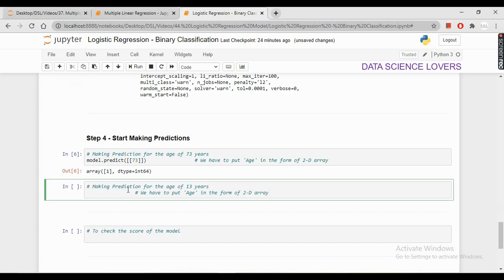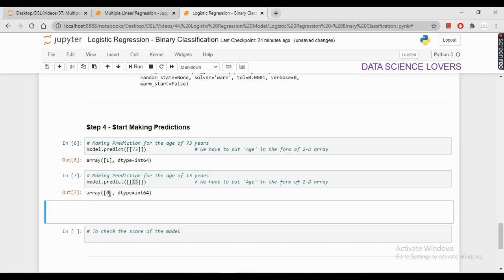If I predict whether a person with the age of 13 years will buy the insurance or not, then we will write model dot predict, and again here we will write our 2D array format and pass our age for which we have to do the prediction. If I run this, it is showing that the person will not buy the insurance.